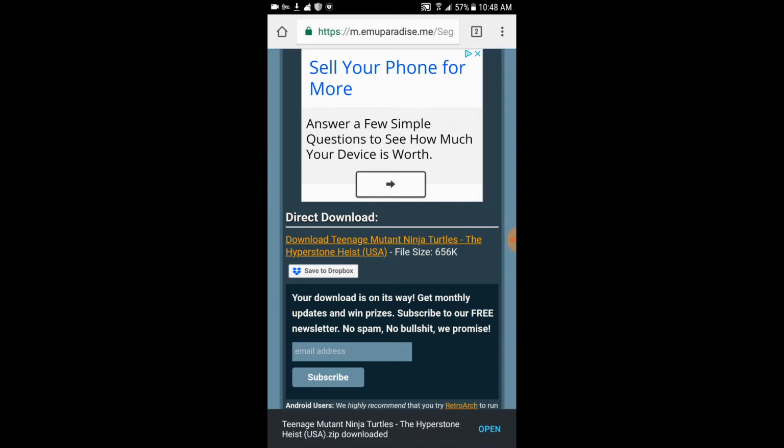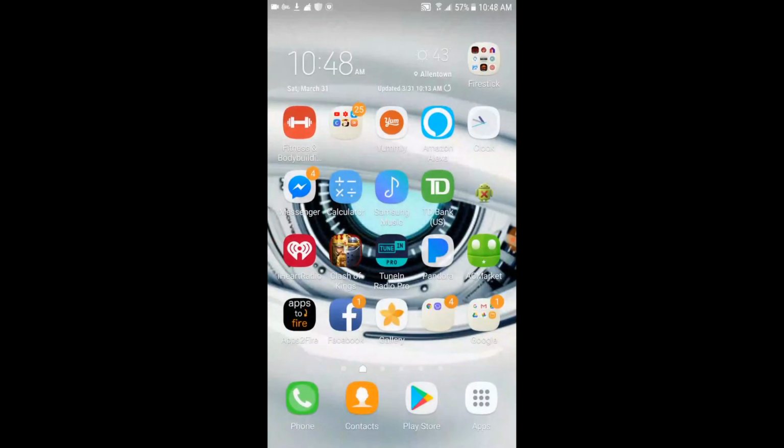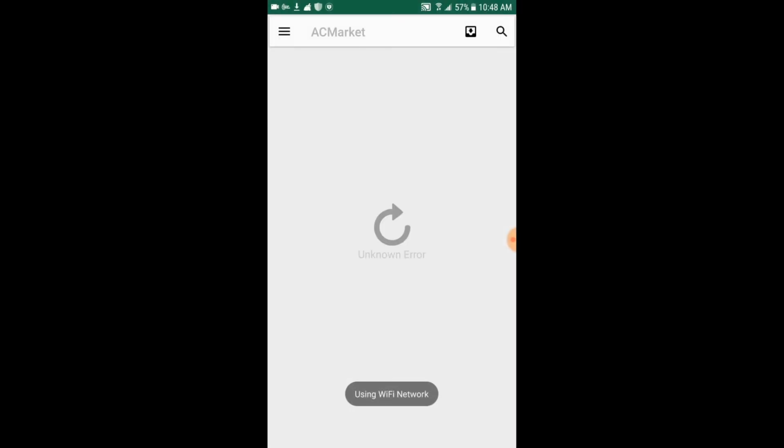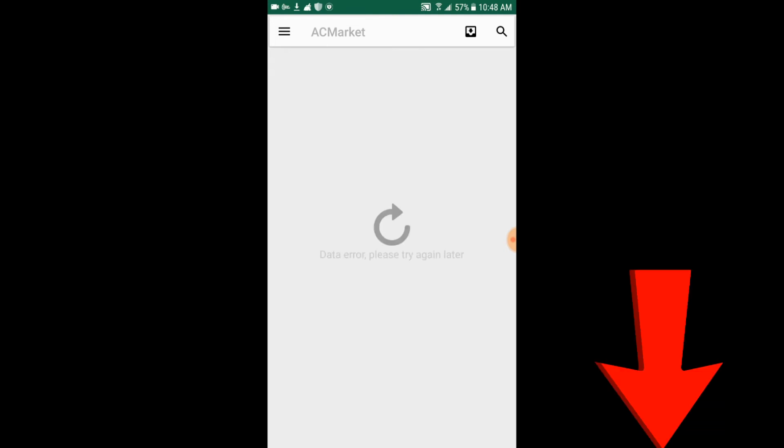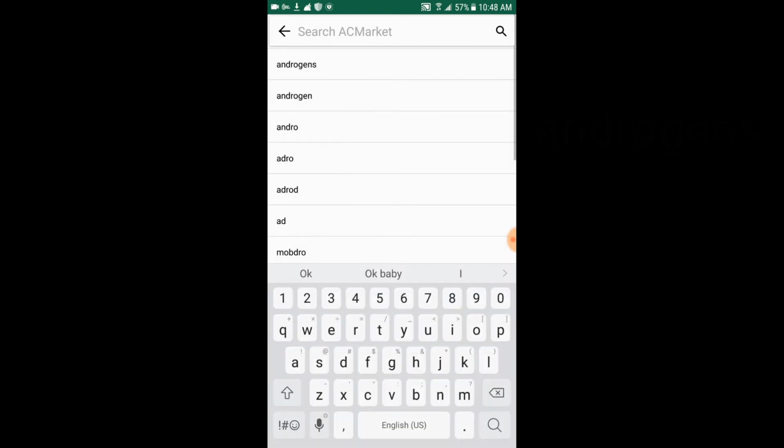It's downloaded. Do not unzip it. The emulator actually plays off of zip files. So the next step you're going to do is open up AC Market. Now, if you don't have AC Market, the link is down below with the video of how to get it. Now, when you click the search bar, you're going to write this in